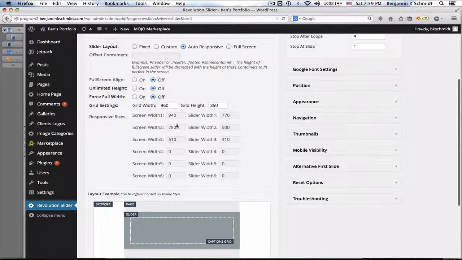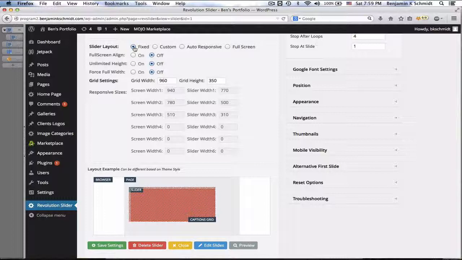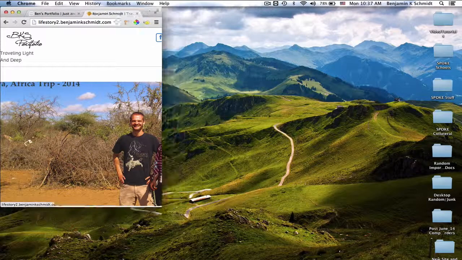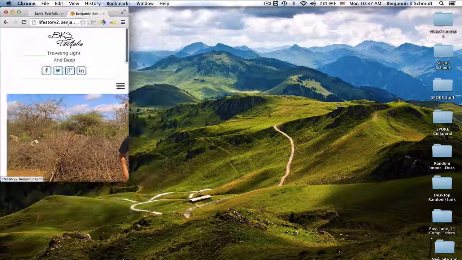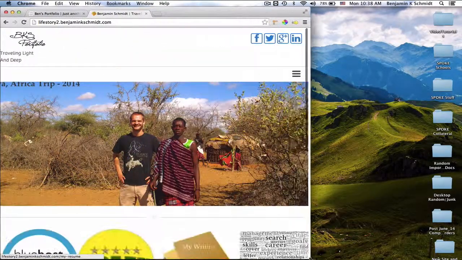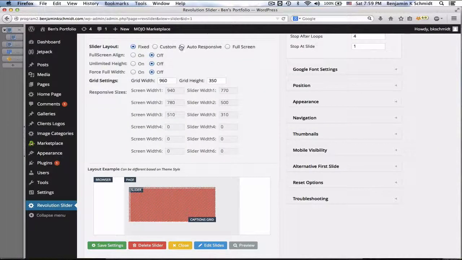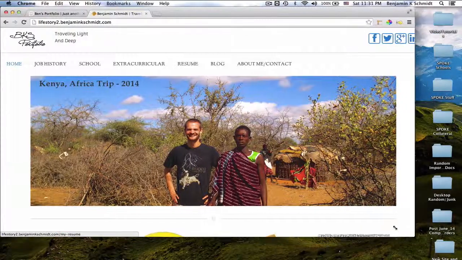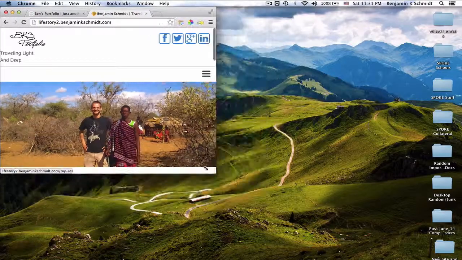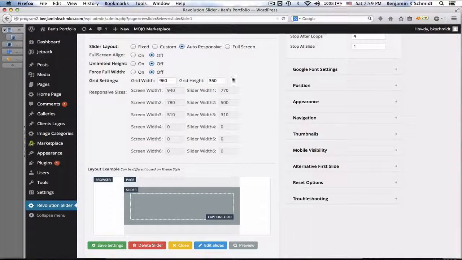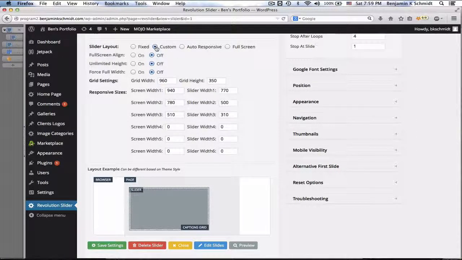When you're editing the layout of your slides, you've got a bunch of options here. You can make the width and height of your slider be fixed, which means that it will not adjust based on the size of your window or what device you're using to view your website. If it's auto-responsive, which is what I recommend, it will adjust according to the size of your window. And you can see that down here are the built-in size adjustments. And you can customize those if you want, if you use custom,